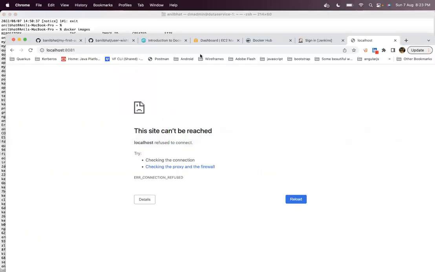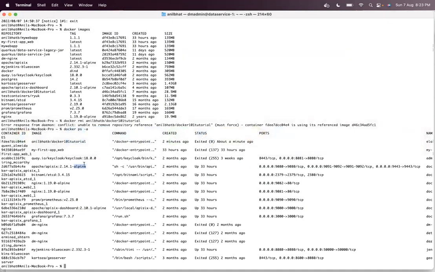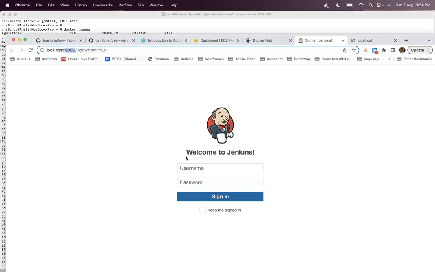So here you can see that Jenkins is running on port 8080. By running docker ps in this particular list, you can see which port is 8080. Here at the bottom, you have a Jenkins instance with this particular ID, 8FB. I will teach about Jenkins probably in the next session. So I can run my own Jenkins Docker application, which is running under port 8080. So I am able to see the Jenkins dashboard here.